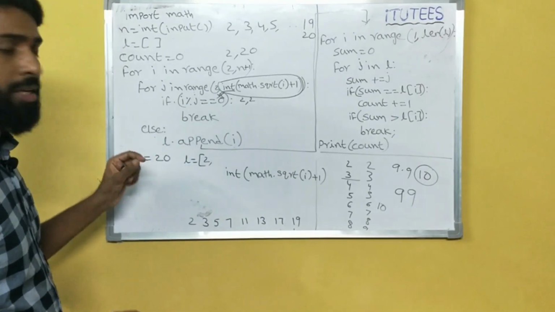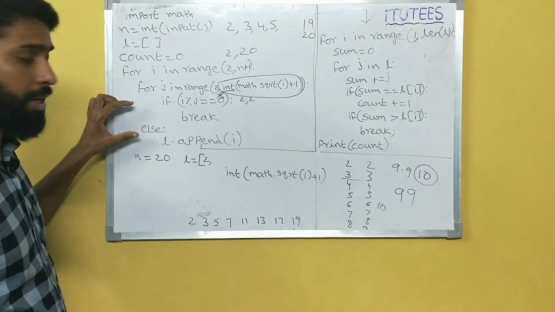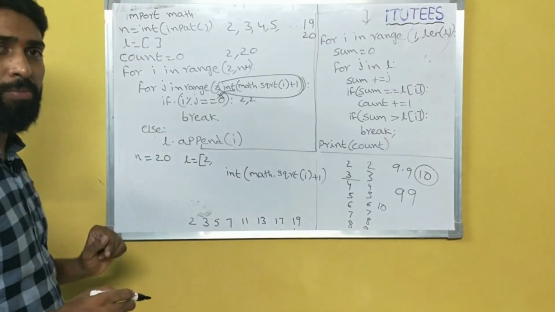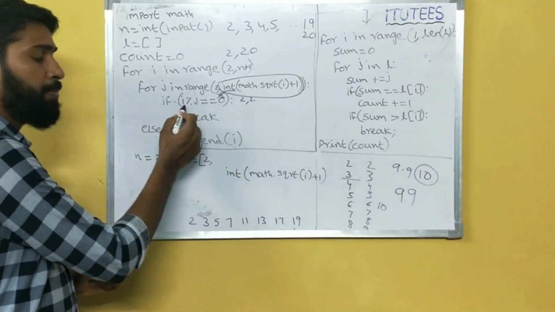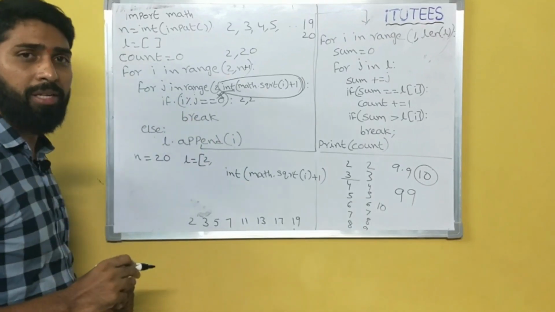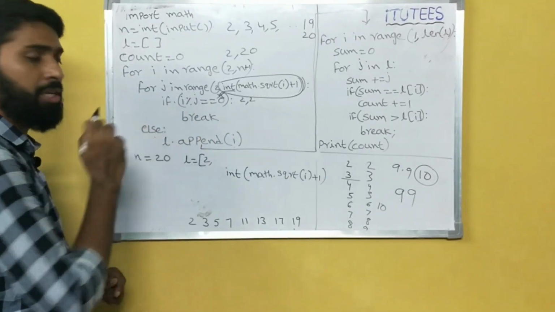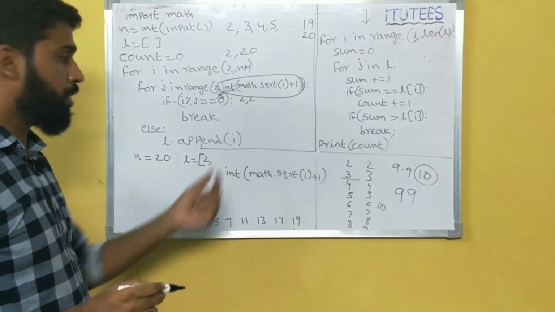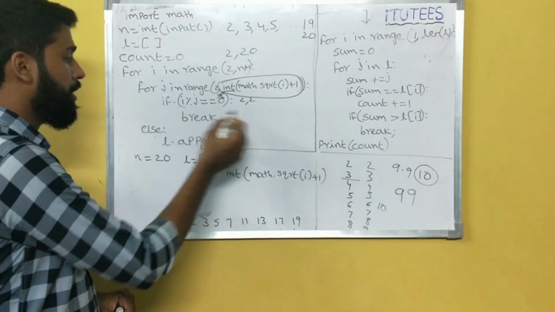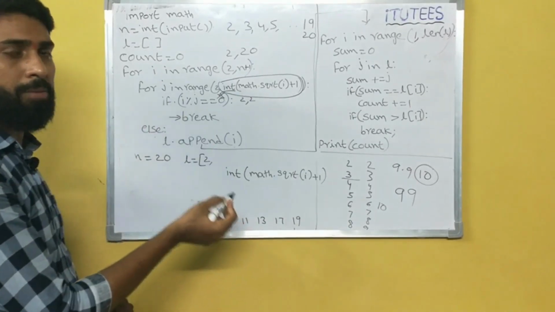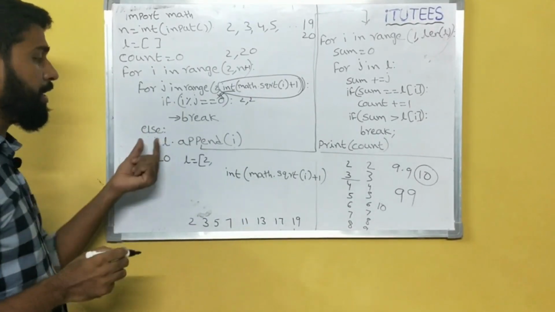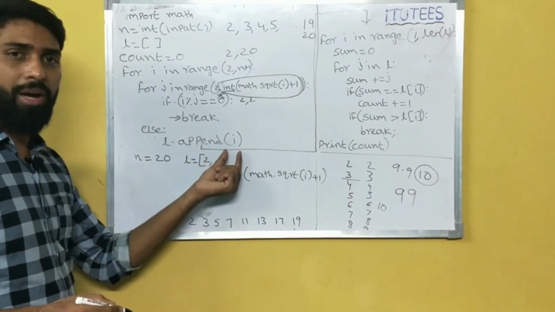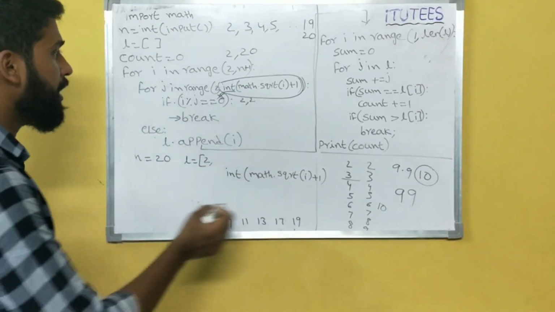We can see again, in Python we can write an else block for the for loop. The purpose of the else block is, if the for loop is not broken by the break statement, then we can execute this else block. In this case, range of 2 comma 2 means 0 iterations, so it does not execute the break statement. So we enter into the else block. L.append(i), which is 2. Next instruction.